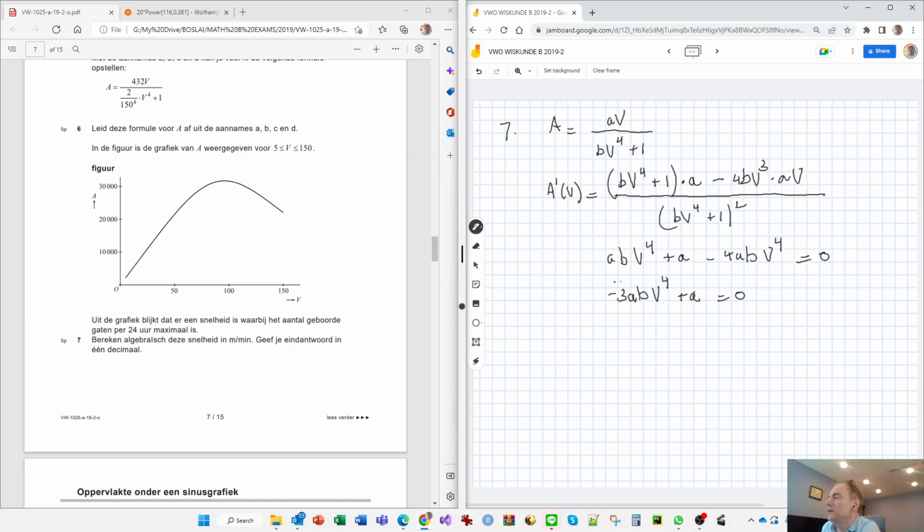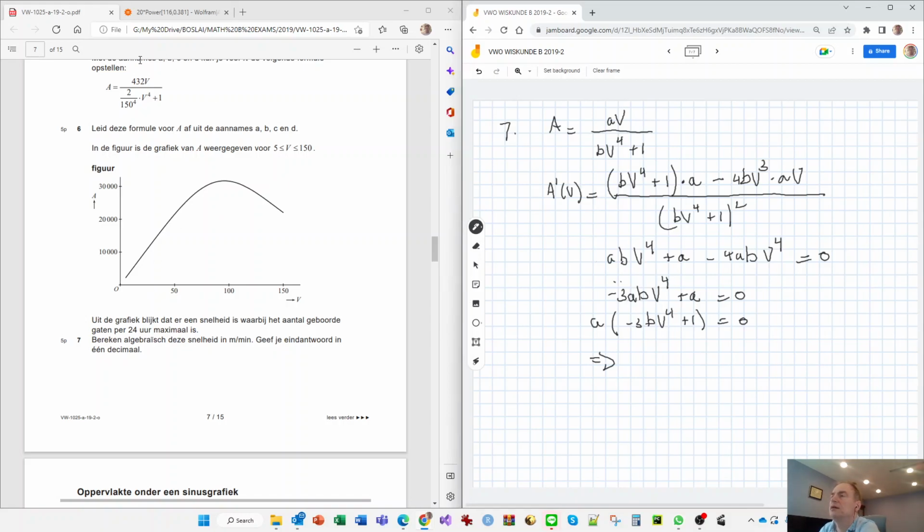And now I can write this as minus 3b, so a is 0. Well, a was this, which is not actually, it's not 0. So